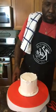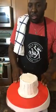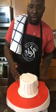All right, so on to your next step, getting your icing off the side of your cake. So a bench scraper is going to be your best tool for getting the icing off. So with your bench scraper,